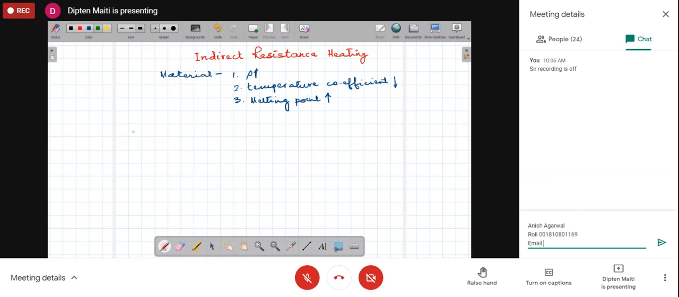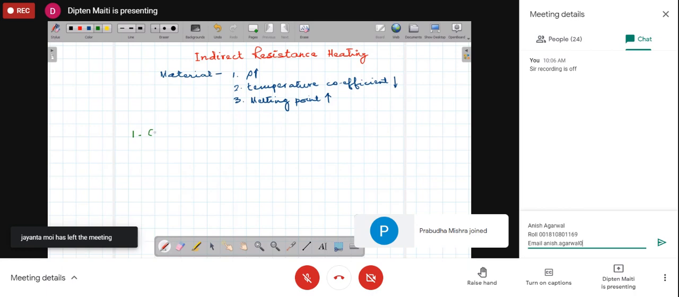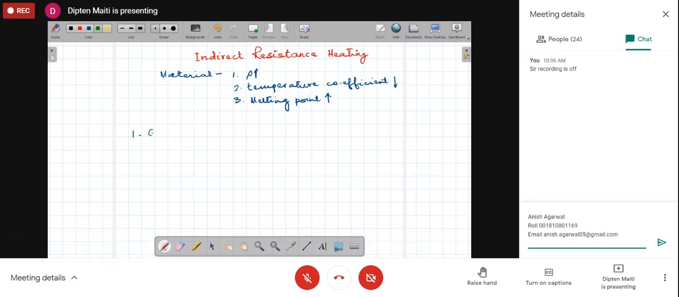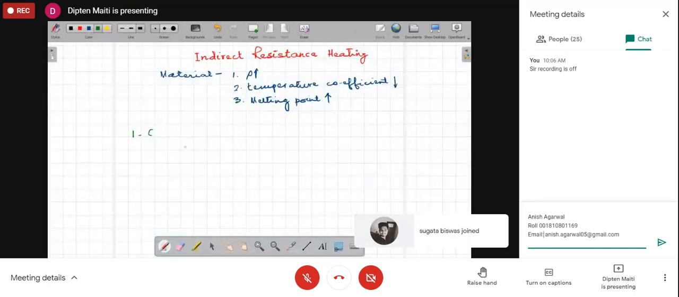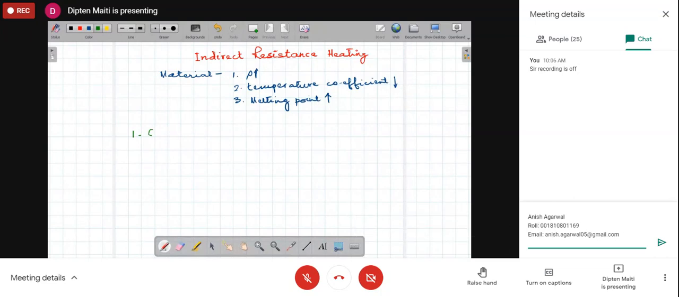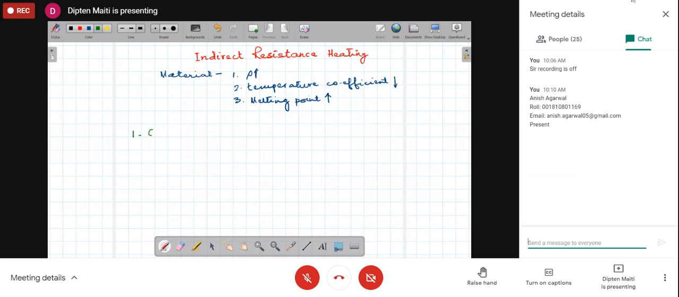Very popular is the constantan. This is usually an alloy of copper and nickel. Depending upon the composition of the copper and nickel, this group of materials or this alloy has different properties. But the very popular material is the constantan copper-nickel alloy